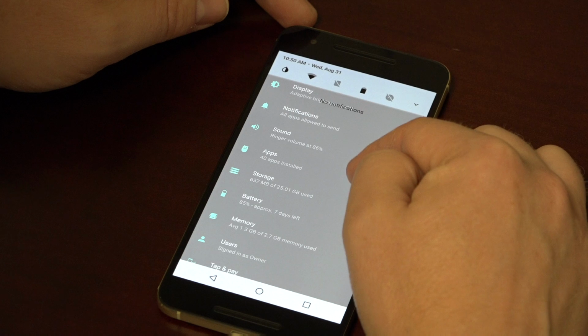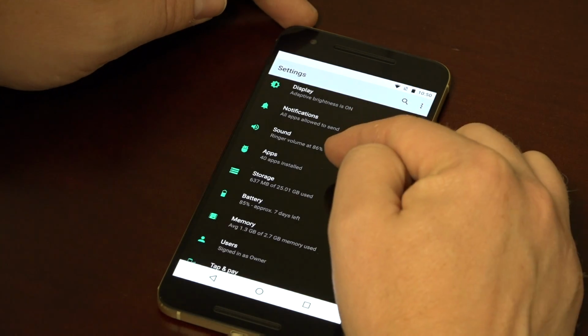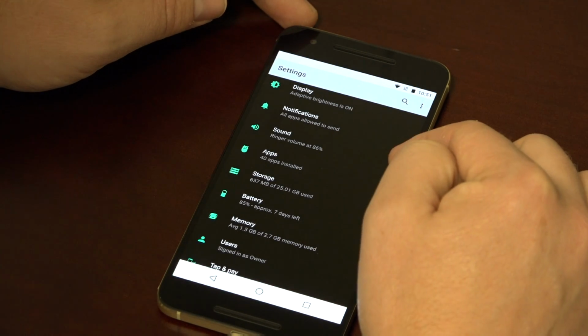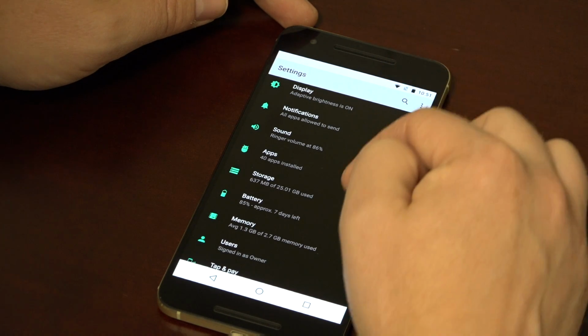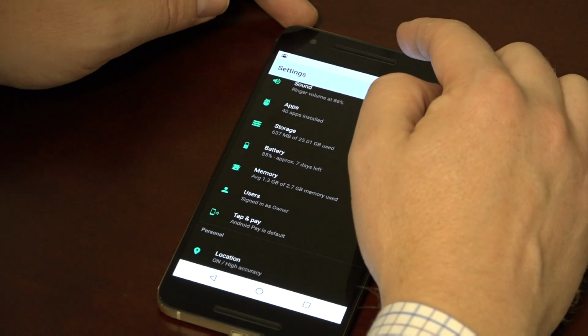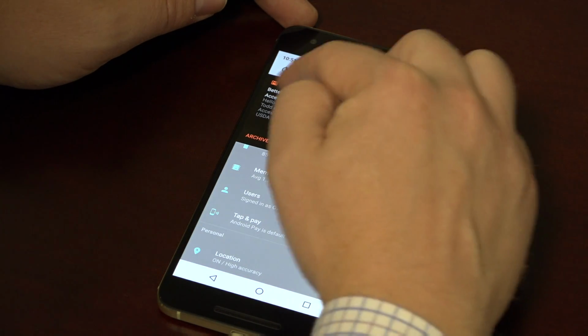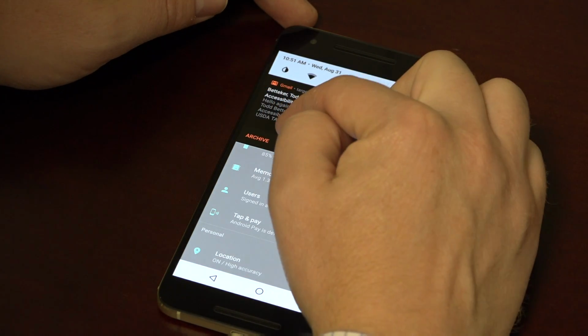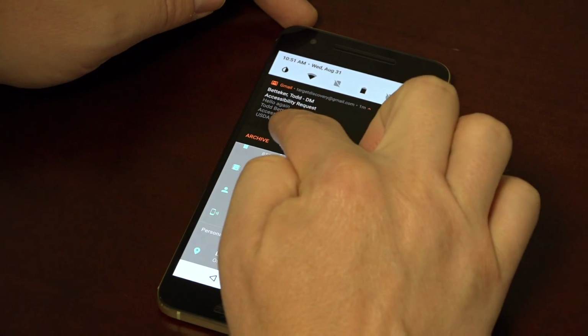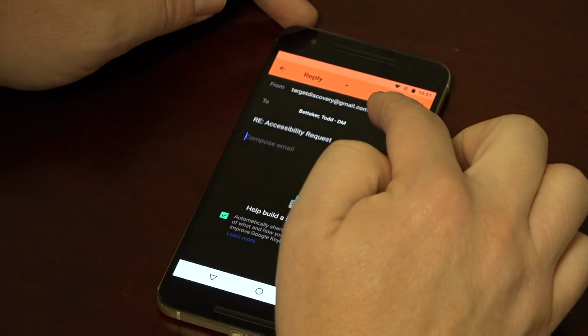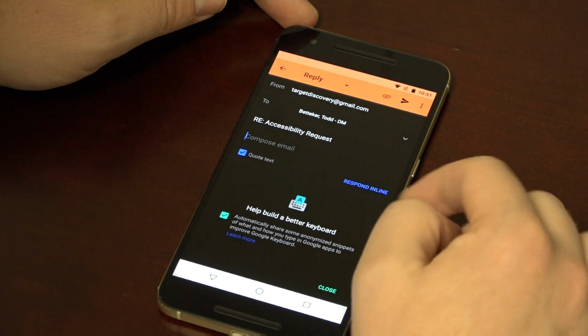And now I see things on my screen. It's white text on a black background to make it easier to see. Oh, so I get another notification. I pull this one down. Now I see it in the inverse, but I can hit reply right away, right inside here, and instantly reply